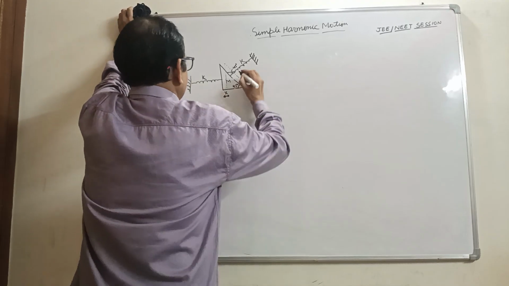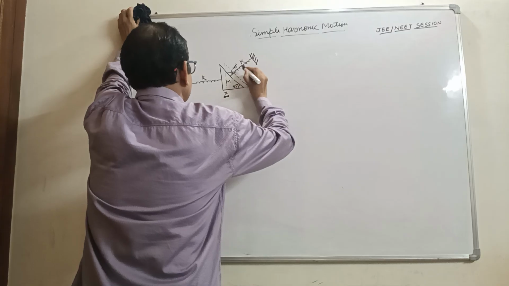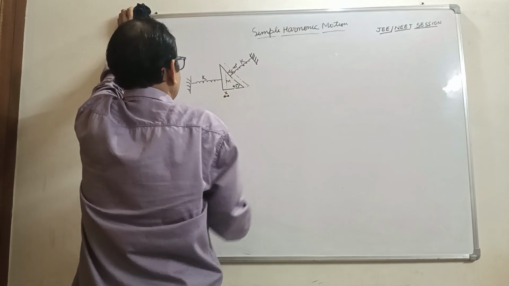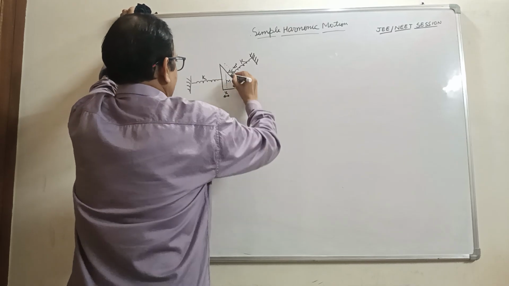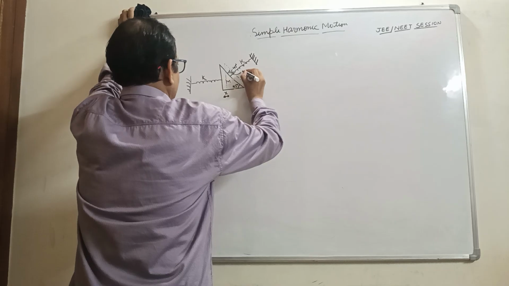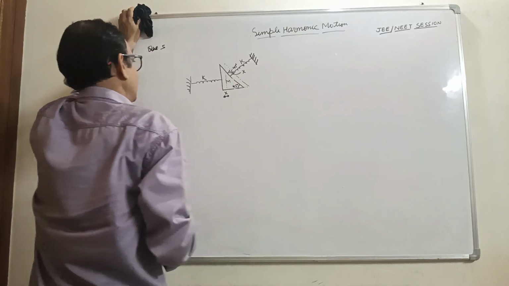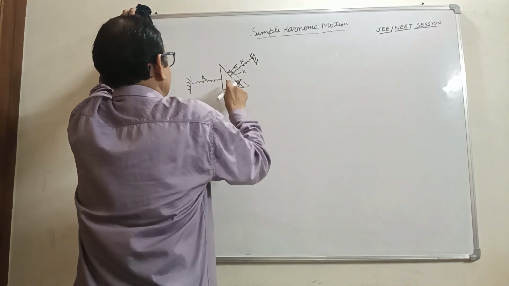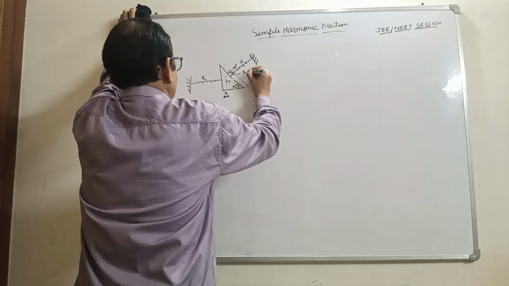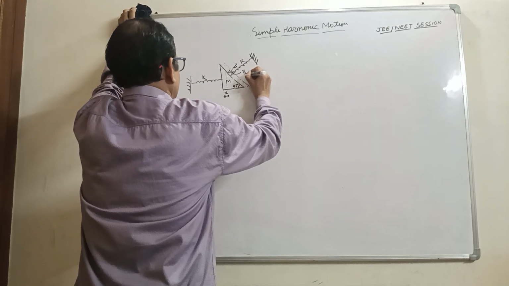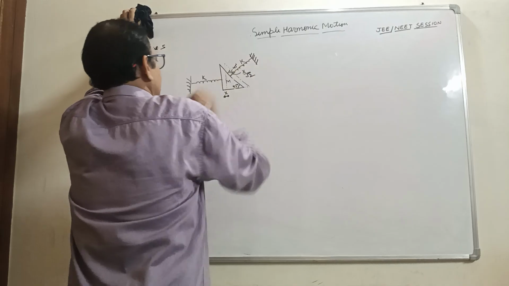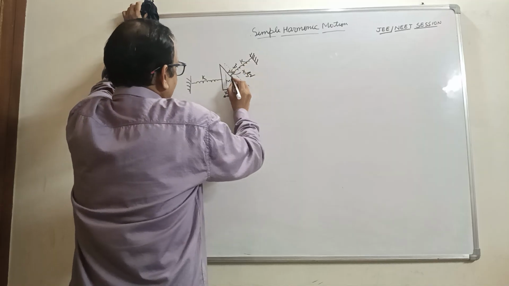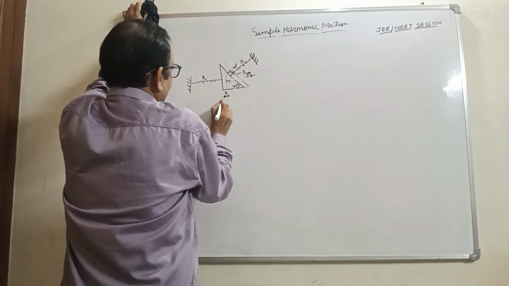The length is x, and this would be x sine 45. This length would be x sine 45, which is x by root 2. This length would be x by root 2, and this length's horizontal component, when the displacement is in